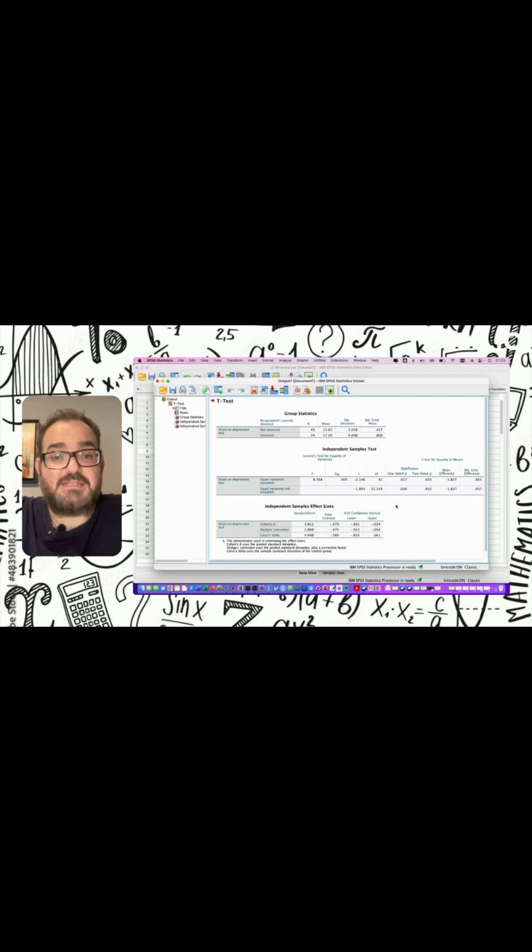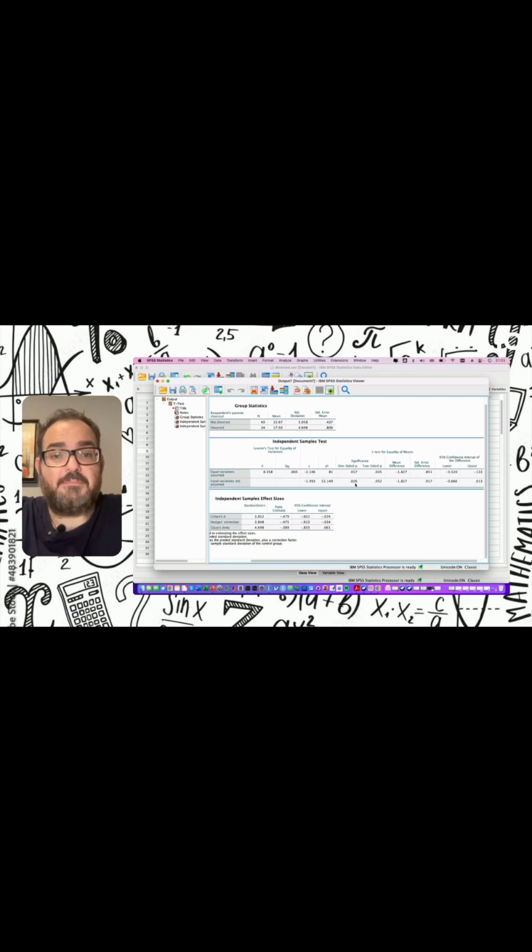In the second line, we see here the t-value, the degrees of freedom, the one-sided and two-sided p-value. According to the research hypothesis, if you remember, we assumed that the kids with divorced parents will have higher depression levels than the kids with non-divorced parents. For this reason, we are going to take the one-sided p-value, which is 0.026. And according to this p-value, we say that yes, there is a statistically significant difference between the depression level of kids with divorced parents and kids with non-divorced parents.